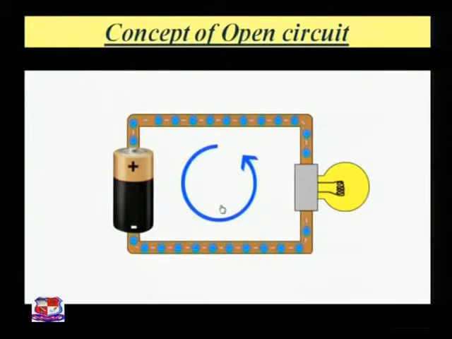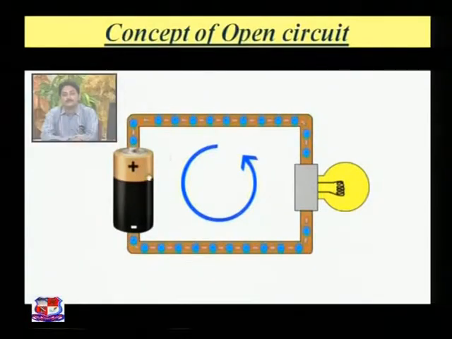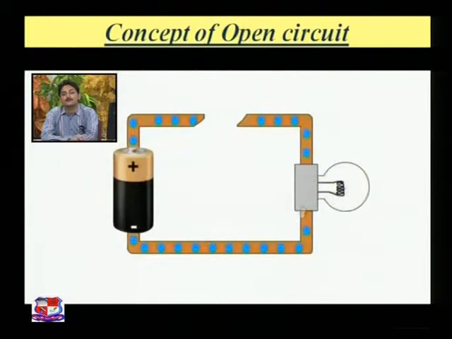Now consider the circuit as a closed loop, so current can easily flow into the circuit. There is a positive terminal and a negative terminal. Here is the connectivity from the battery through the wire to the load device, a bulb, and back into the negative terminal. Whenever we apply the supply, the negative terminal generates electrons and repels them towards the circuit, so that electrons flow into the load device.